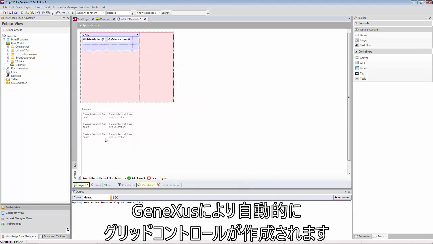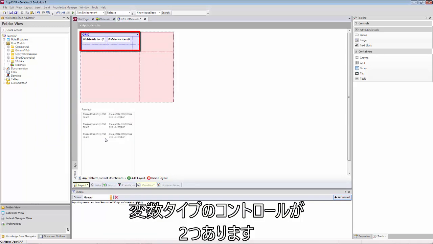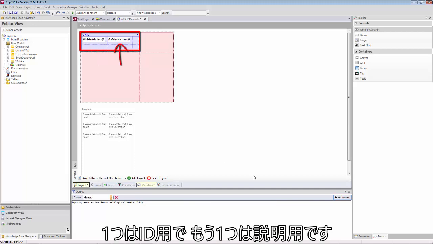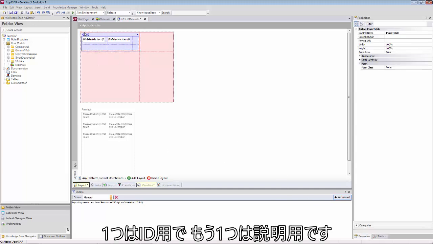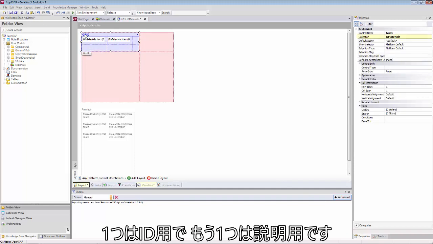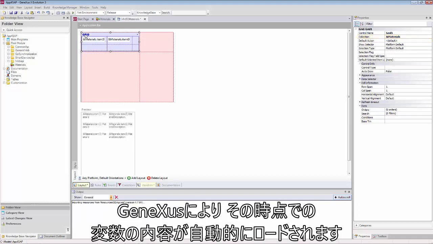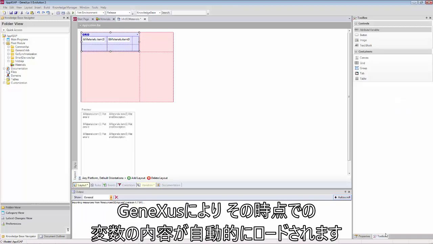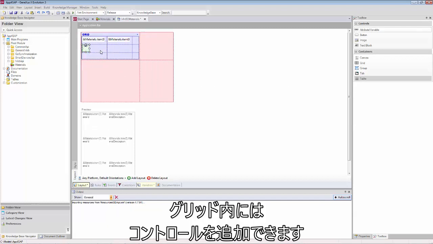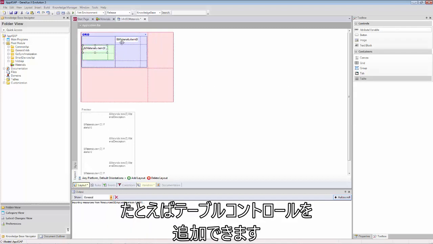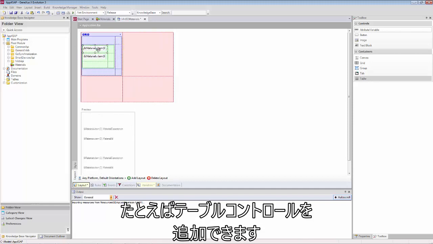We can see that GeneXus automatically created grid controls with two controls of the variable type, one for the material identifier and the other for the description. Since it's based on a structured variable, GeneXus will load this automatically in runtime with the contents of the variable at that point. We can add controls inside the grid, such as, for example, a table to align controls with one another. We place the controls inside,